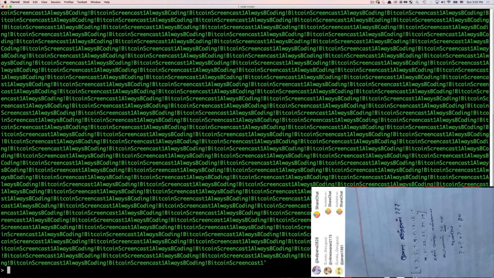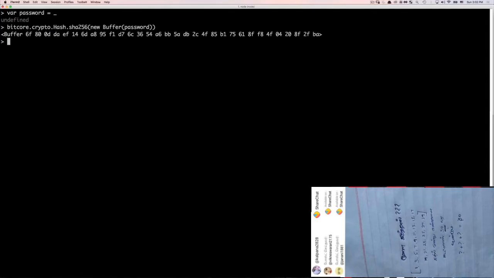So I can make any string that I want. I'm just going to make one now that's "always decoding, bang, Bitcoin, screencast, 1." And then I'm going to multiply that by 1,000. So I have this really, really big slug. And then if I take the SHA-256 hash of this, that can be used as a private key for a Bitcoin account. So let me first save this as a variable called password, and then I can